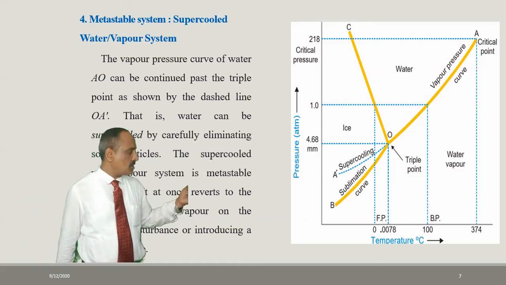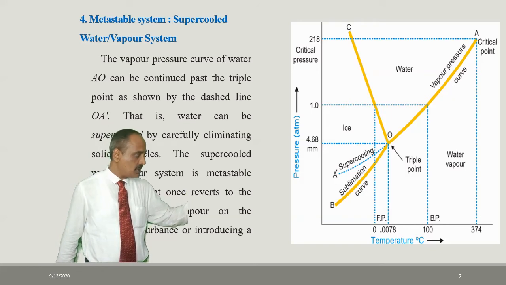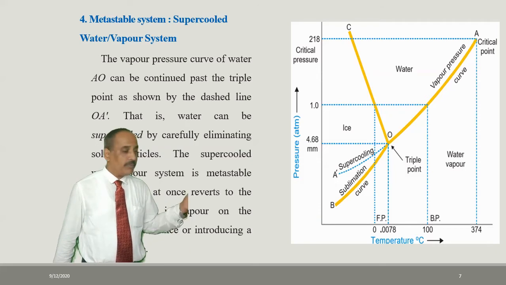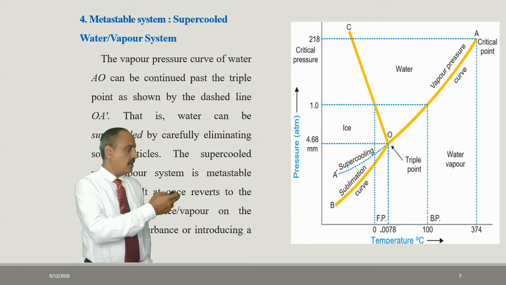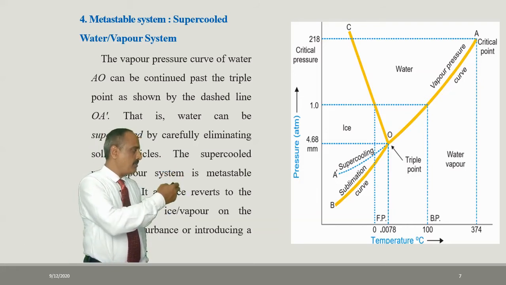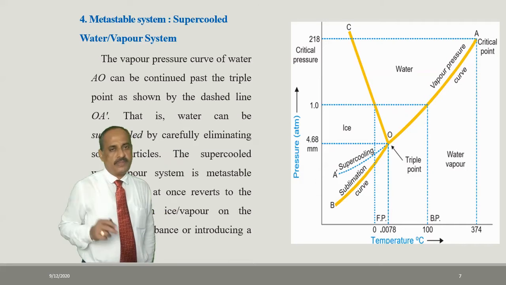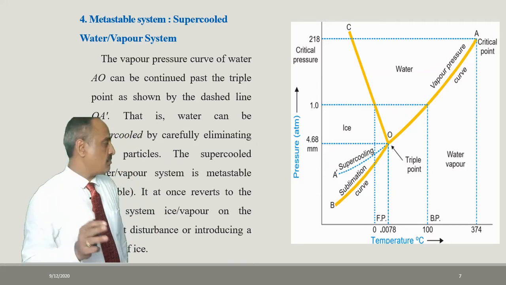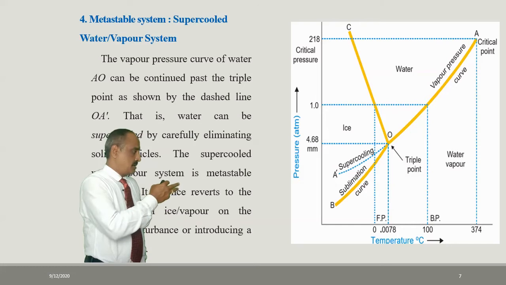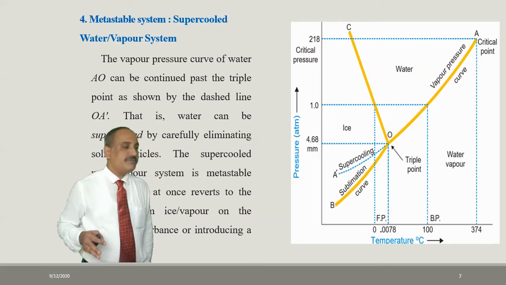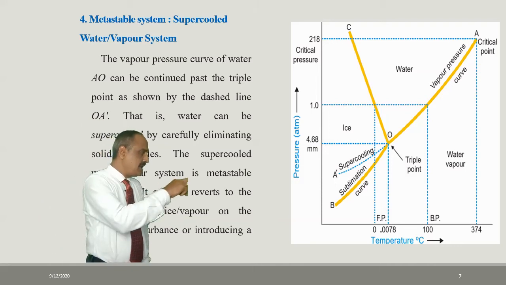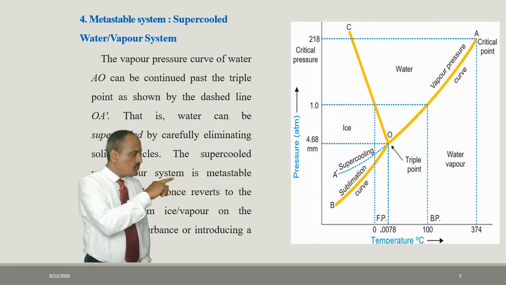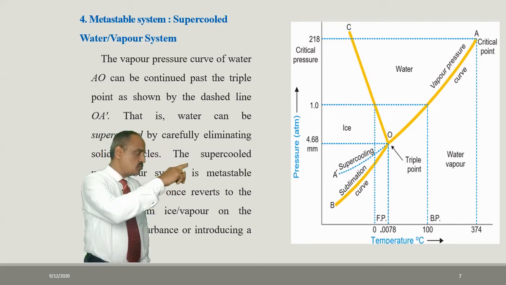Now, this is the complete water system, but when it is unstable, you can see here the explanation. The vapor pressure curve of water AO can be continued past the triple point. If we continue the vapor pressure part beyond the triple point O, that is, water can be supercooled. So, if we do supercooling of water, then the supercooled water vapor system is metastable. The supercooling is written on the curve, the OA dashed curve; after supercooling of water,